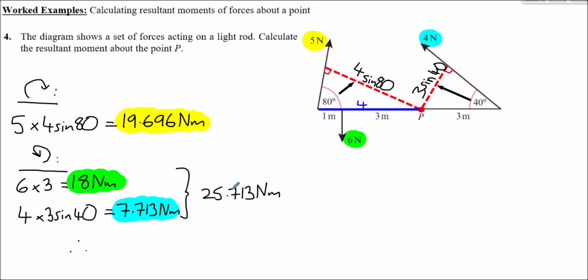So obviously you can see that the anti-clockwise, 25.713, is larger than the clockwise, and so we can take the anti-clockwise as positive, because by and large, it's best to end up with a positive moment and then just call it whichever direction it is, rather than saying it's a negative moment clockwise, which should mean it's a positive anti-clockwise moment. It's just more confusing. So the overall moment, the resultant moment,